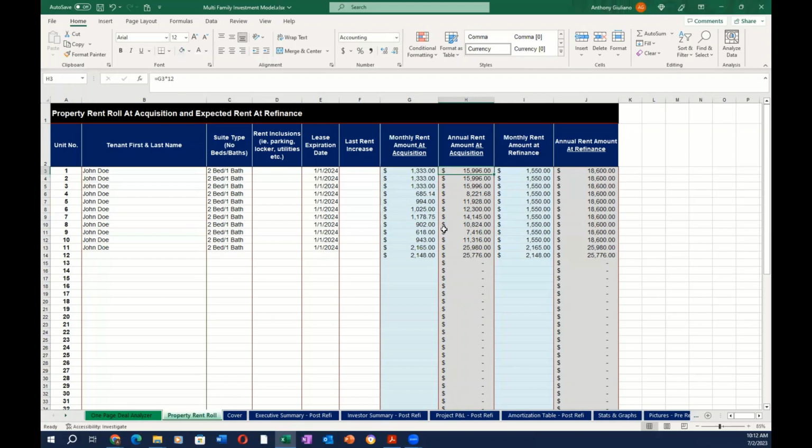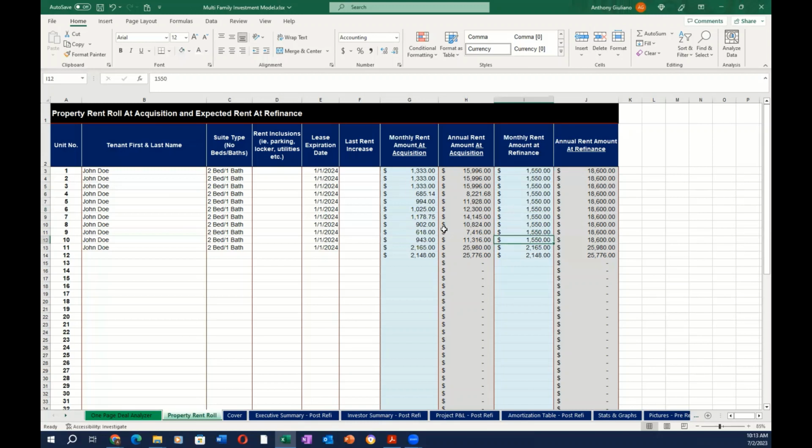The next step is to enter in what you think you can turn the rent will be on those units at refinance. So let's say I think that the market rent for units in this building is actually 1550. I can turn over these units quite effectively through negotiations with the tenants, or just through natural turnover in the building. So what I have entered in here is what I believe the market rent will be once I refinance this building after a repositioning period